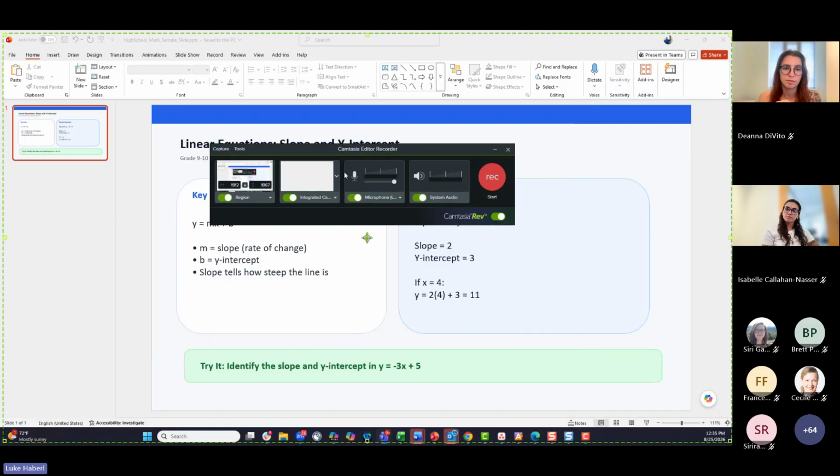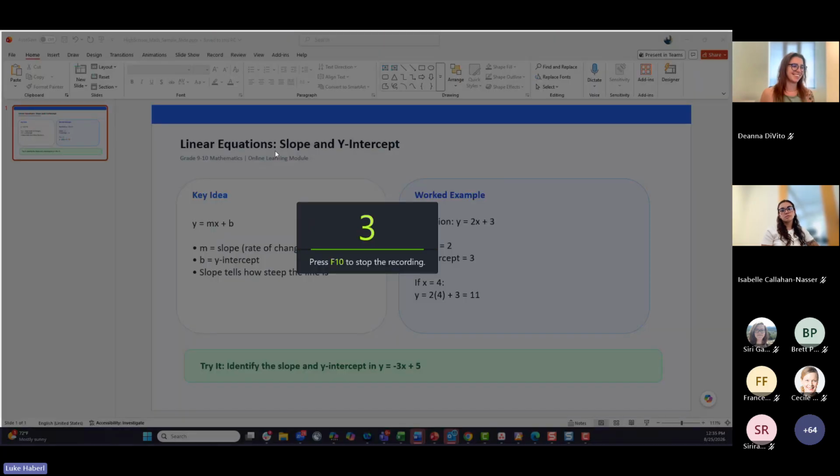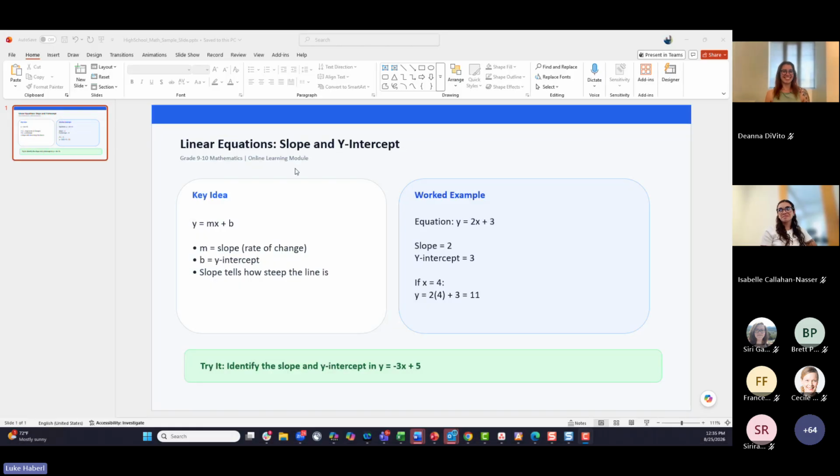And you can see here's my recording. I'm just going to go from this spot. Let's say I am taking this PowerPoint that I've had and turning it into an online resource for my students. So click record. You can see it's recording my webcam, my audio, my system audio, all at the same time. You can edit that all independently. I just went with AI and had it create the slope and y-intercept formula here. I'm not a math teacher, but let's say I'm teaching you all this, and that was a great lesson. We're all better at math now.